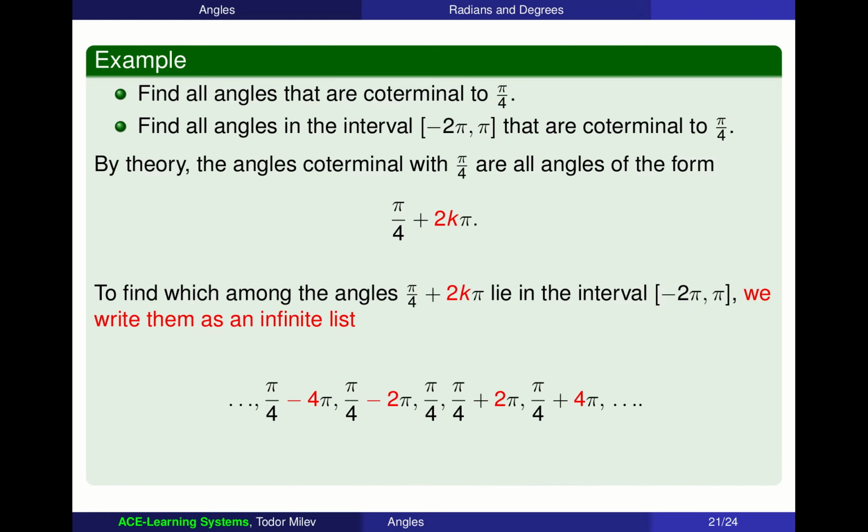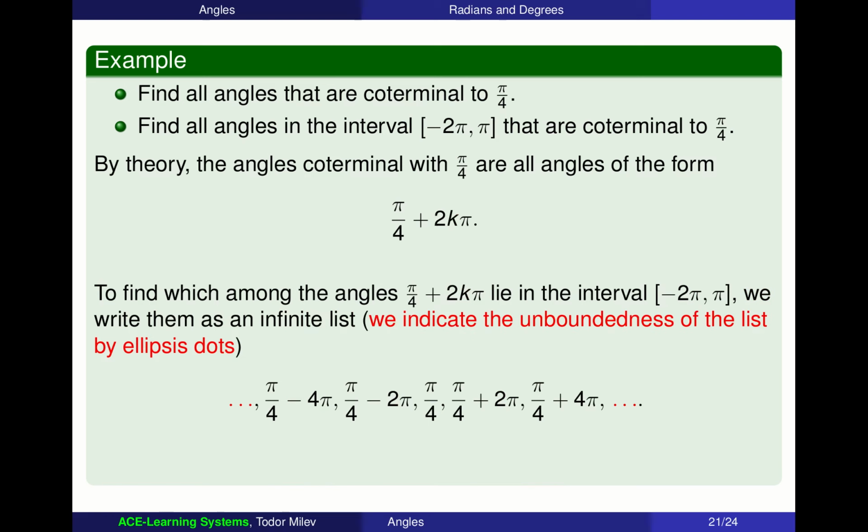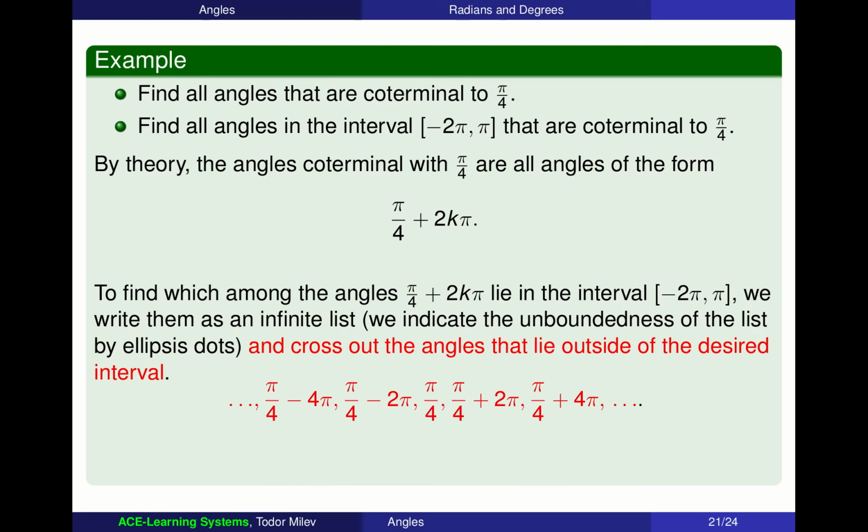Okay, so now that you have done that, what you do next is you compute these numbers. So you compute actual values here. You can add them as fractions, or maybe you don't need to write, you can compute them in your head, and you compare your computations with the numbers pi and negative 2 pi. And what you do is you cross out those terms that do not lie in the interval that was indicated